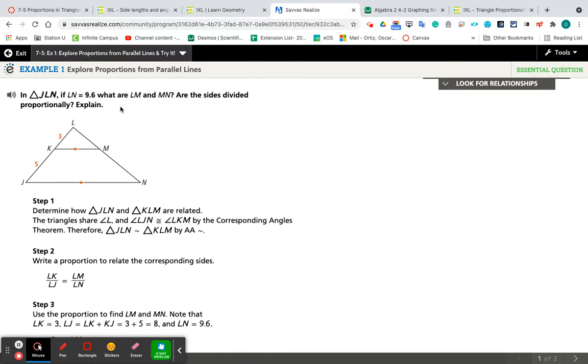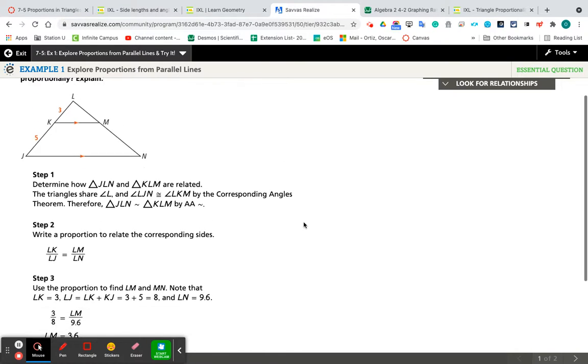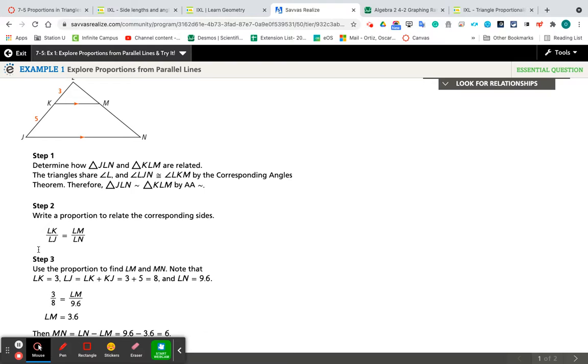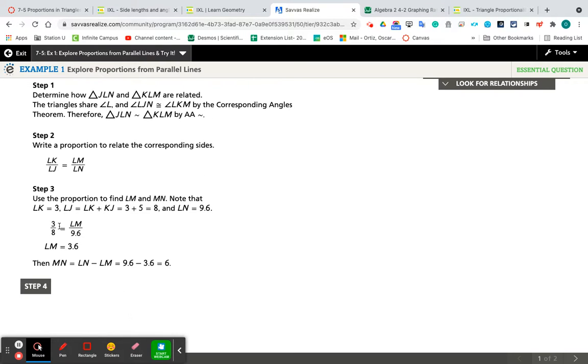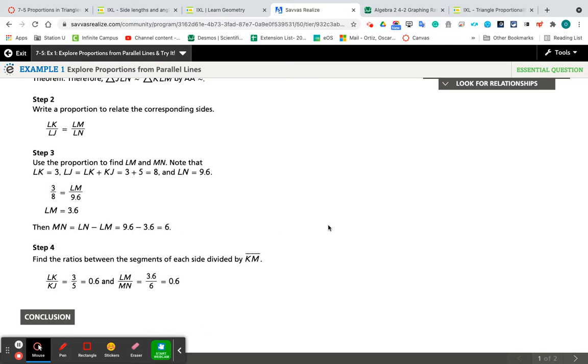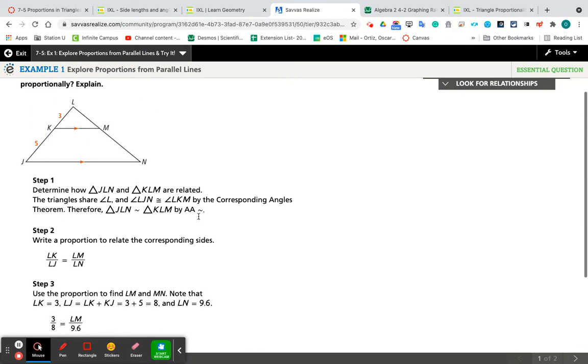We know that in this case, LN is 9.6. So if we replace that 9.6 right here and the remaining information, LK we know is 3, LJ we know is 5, was actually 8. 3 plus 5, that's 8. So we can cross multiply here to find out what LM equals, knowing now what LM equals to,